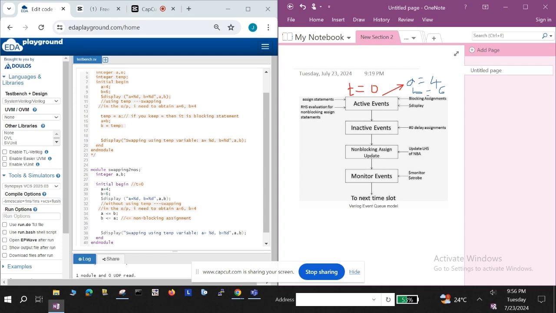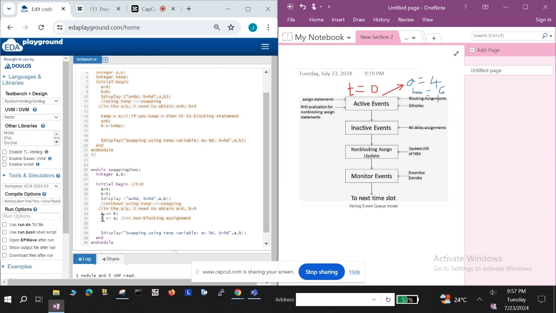And also, dollar display should occur at active events time. The time slot is the same for everything, and within a time slot they follow these stages. So a equal to 4 and b equal to 6 execute in this active event block, and then the simulator